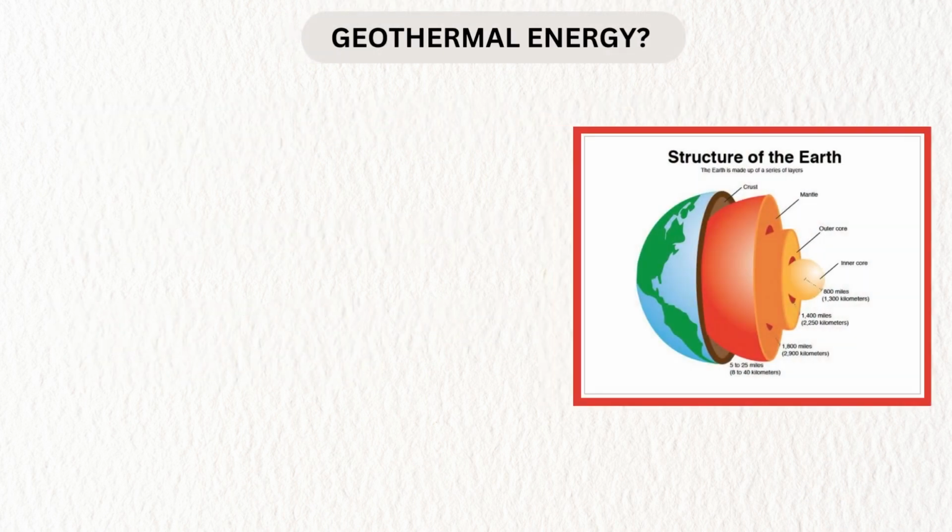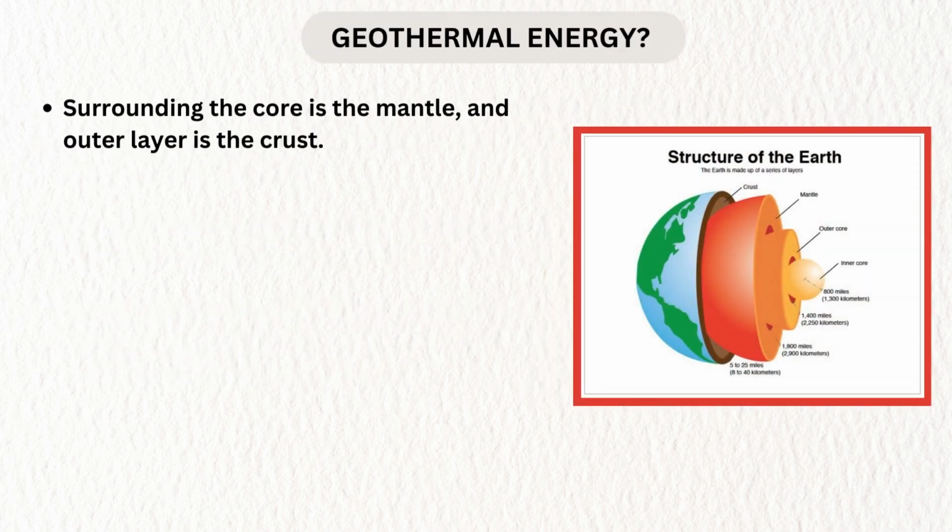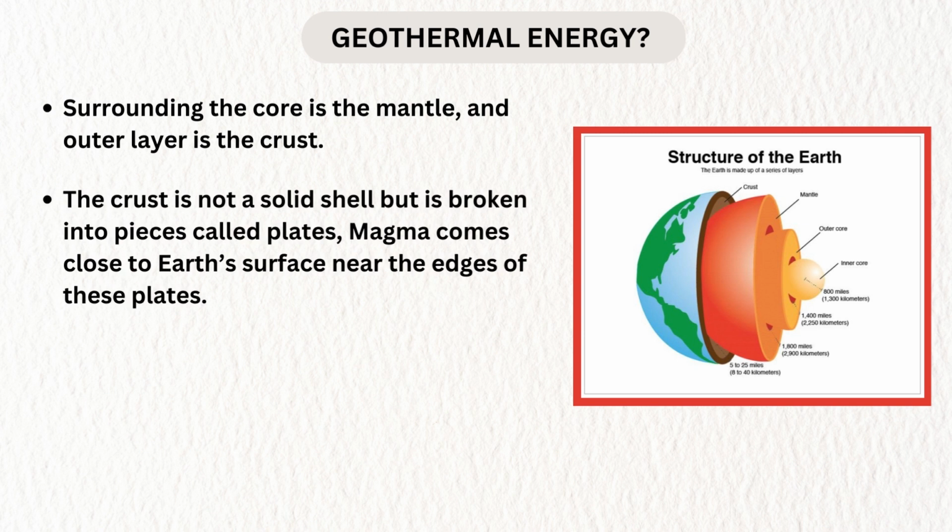At this level there is a core which contains hot magma, and surrounding this core is the mantle, and the outer layer is the crust, which is known as the earth crust as well. And this crust is not a solid shell,